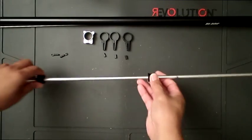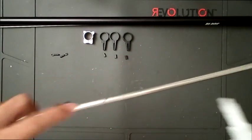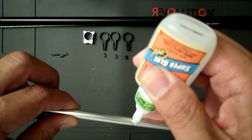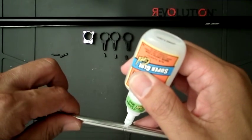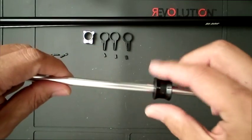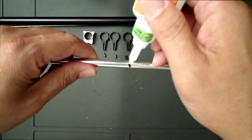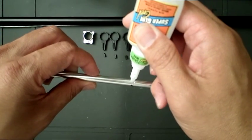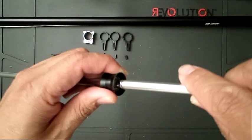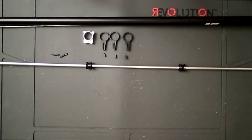Where the mark is, all I do is get some Loctite around the torque tube, a really thin coat. Spread it nice and thin. Then the moment you slide it in, you just stop right on top of it. In only a few seconds, it's already grabbing. Obviously let it fully cure. So let's do this side as well, and then just slide the bearing right on top of it. All right, while we wait for that to cure,